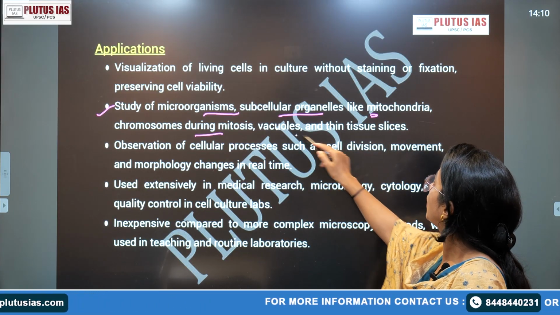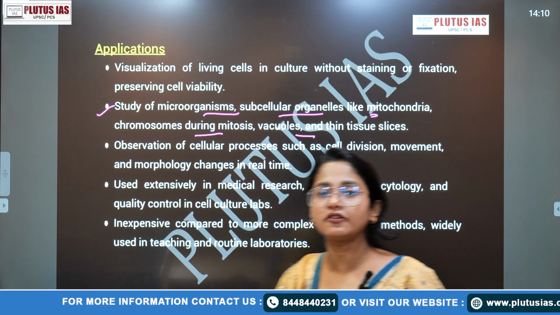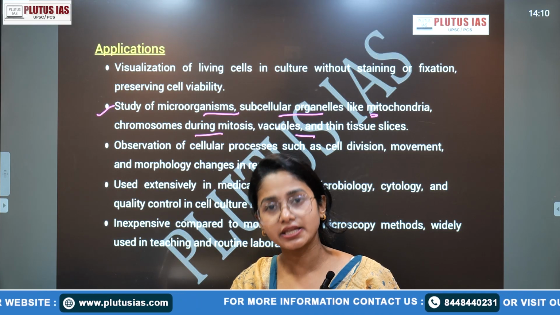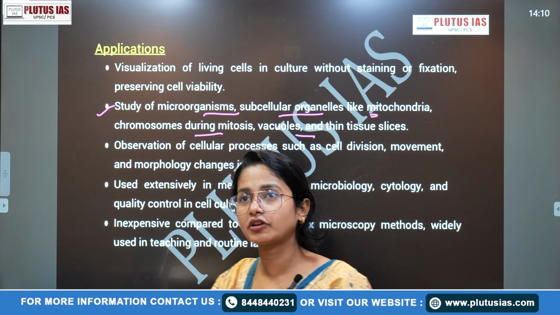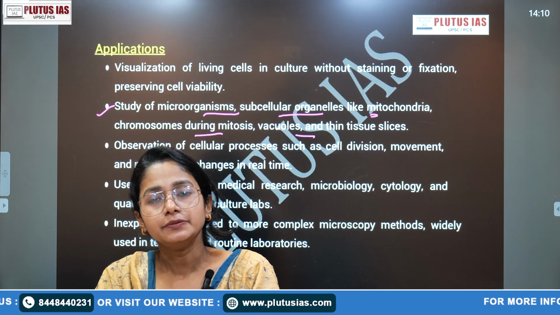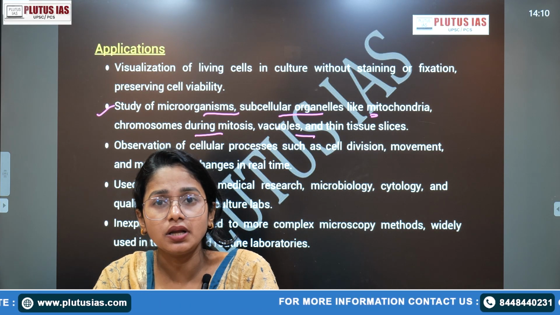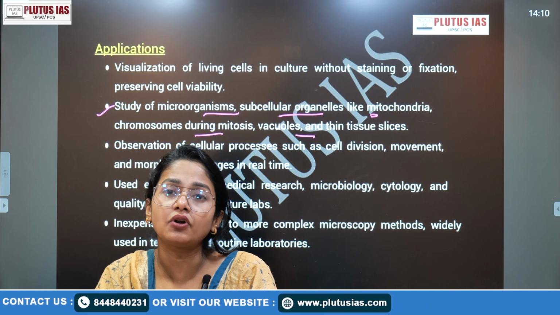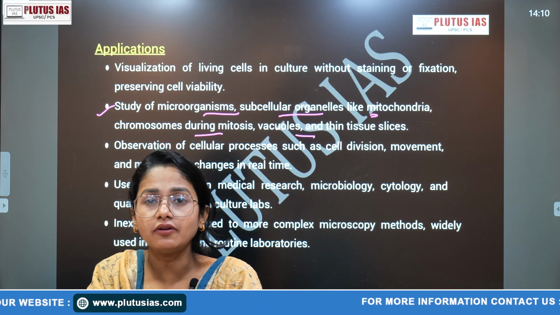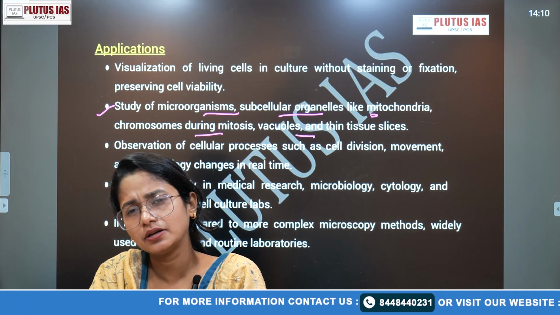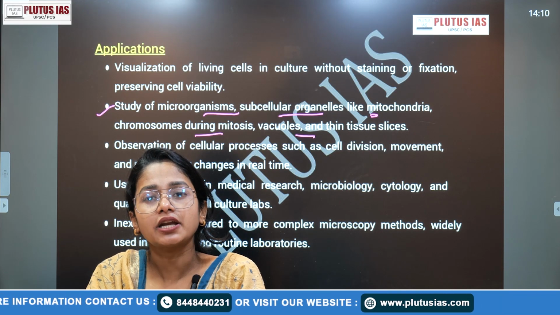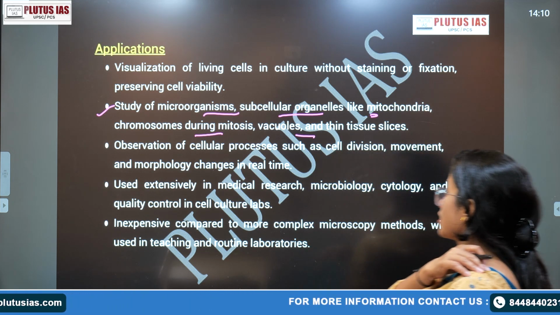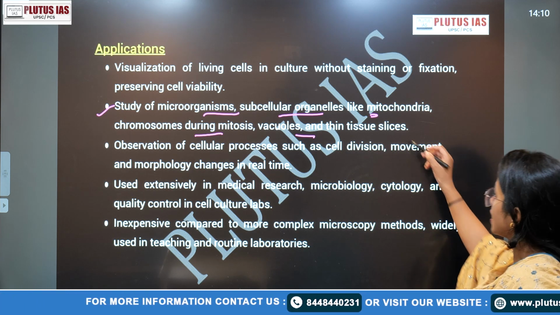During mitosis, vacuoles, like if you just read about cell organelles, are comparatively less dense. Of course, this is one of the basic differences between a plant cell and an animal cell, except the cell wall: vacuoles are generally very large and central in your plant cell, while in the animal cell they are smaller, somewhere in the periphery or nearby area, right? So that will be a little bit less dense compared to your other cell organelles. And thin tissue slices, okay?